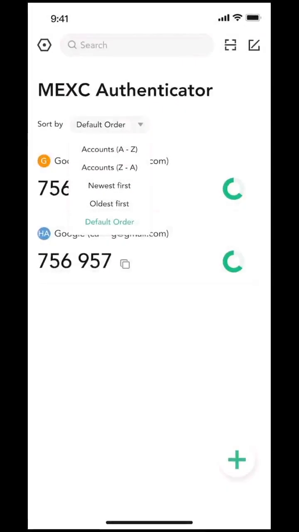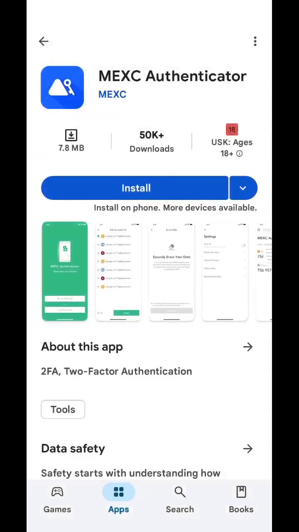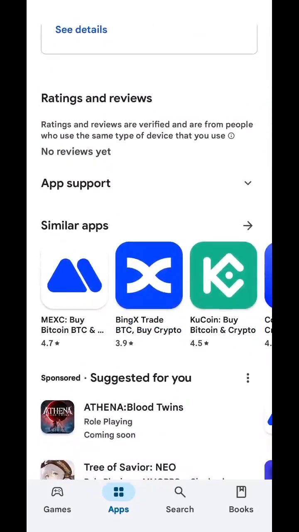How to use the two-factor authentication feature in the MEXC app. The exact steps might vary slightly depending on updates to the MEXC app, but here's a general guide. Enable T